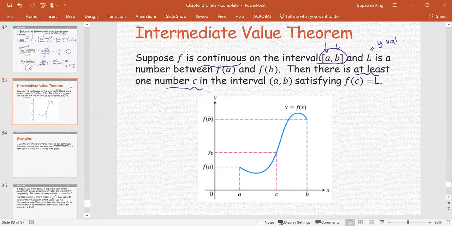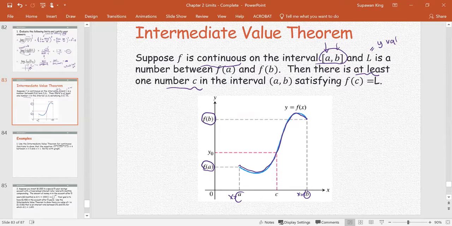Using the graph to explain this: x equals a, x equals b, and the graph is continuous. So we have a smooth curve drawn from point a to point b. The function at a is f(a), and the function at b is f(b). By this theorem,